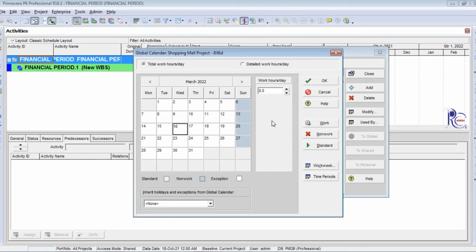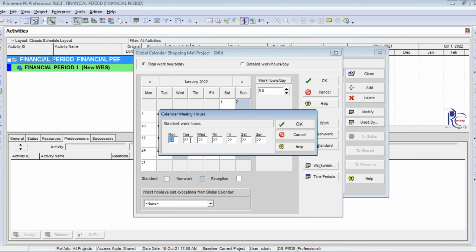Here I choose the 16th date to be non-work because I also fixed it as a company leave. I set Saturday, Monday, Tuesday, Wednesday, all 6 types of day to have 8 hours working. Sunday has 0 hours working.